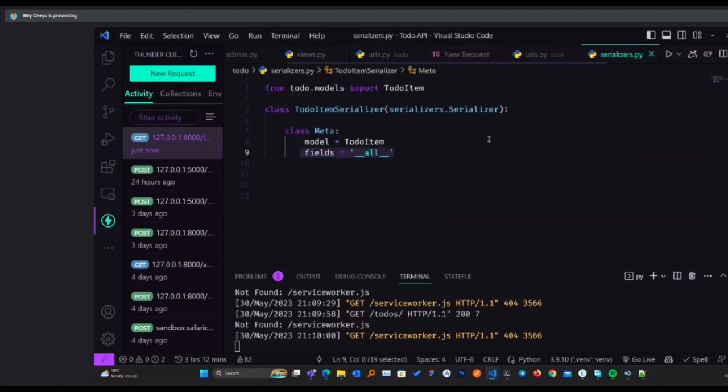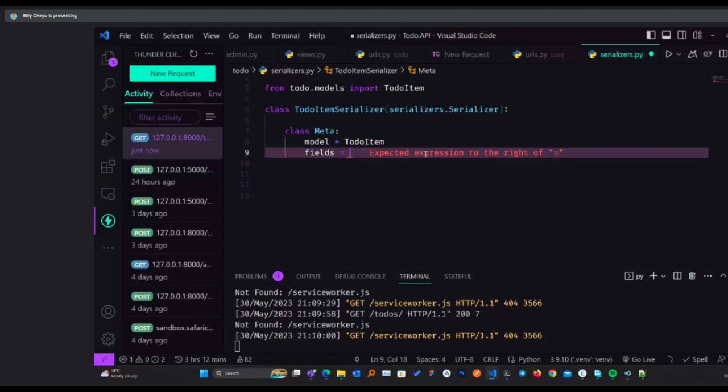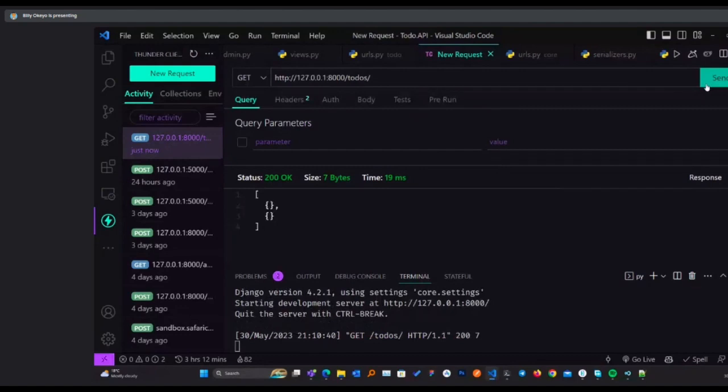So probably what I'm going to try to do is specify what field I want here. It's kind of weird.